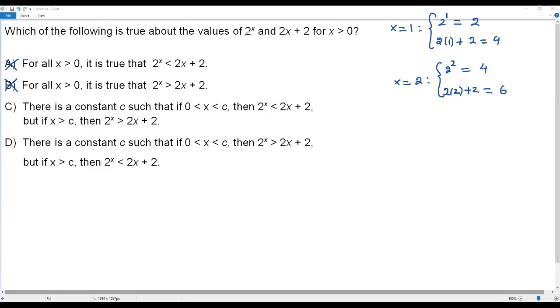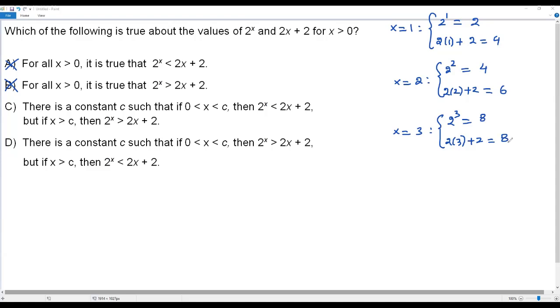Again, the value given by this exponential expression 2 to the x power is smaller than the value given by the linear expression 2x + 2, because 4 is less than 6. Okay, now let me take the next integer value, that is x = 3. Then we get 2 to the third power equals 8. Then 2 times 3 + 2, which is 2 times 3 is 6,